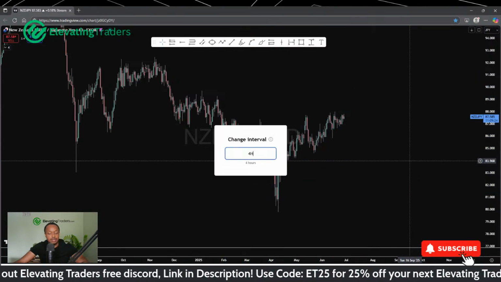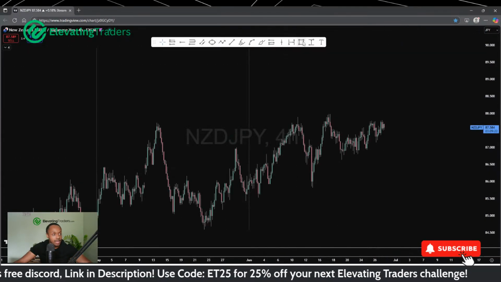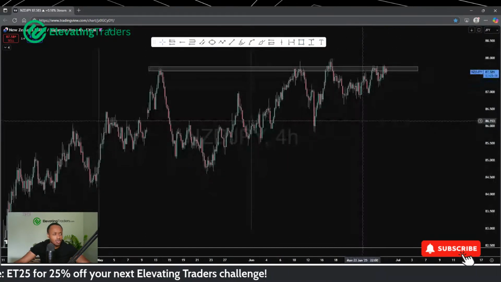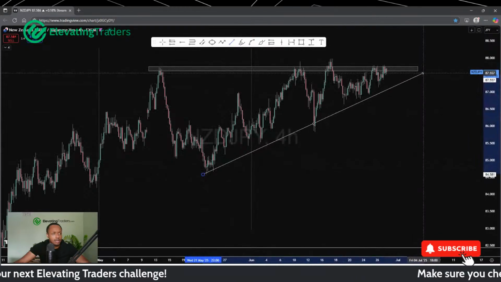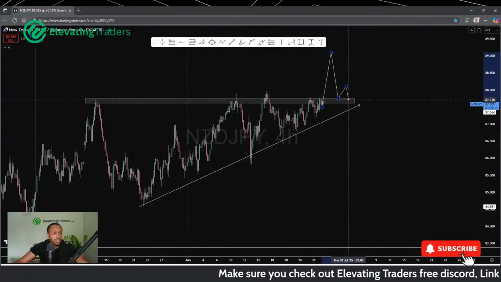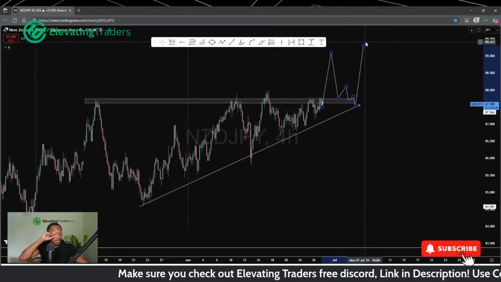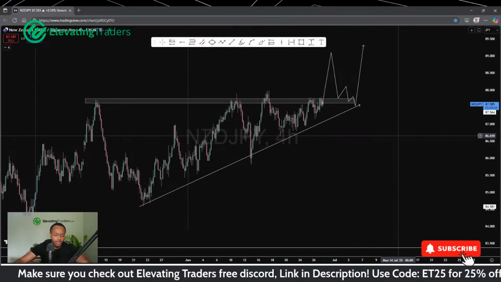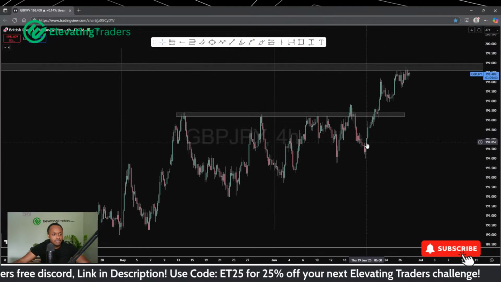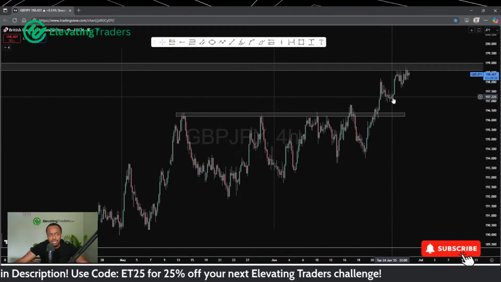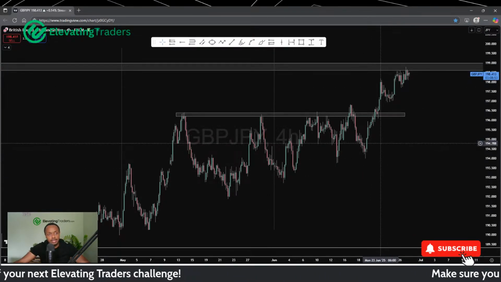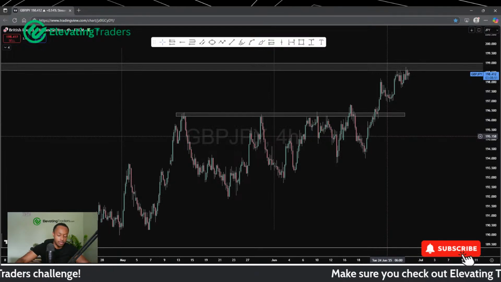So stuck at resistance, I do think we're likely to break higher, and following that, hopefully there could be some nice buying opportunities. It's a very similar idea to what we had with pound yen, in terms of the market squeezing between resistance and this trend line. If we do break to the upside, that should provide some nice opportunities to follow the market higher. Pound yen didn't really provide that. We did see price break out, but there was never really a decent pullback. There was a very small pullback there, but it didn't really provide much opportunity. And pound yen has been looking pretty bullish since then.